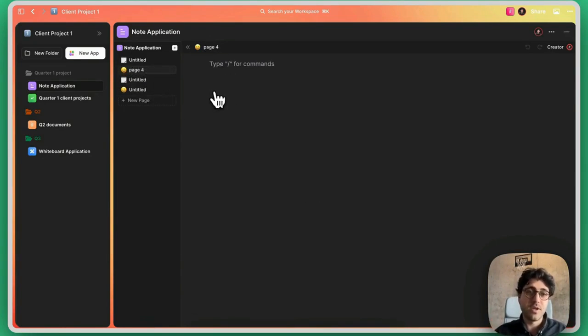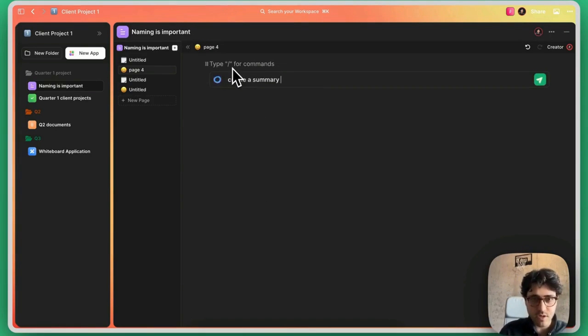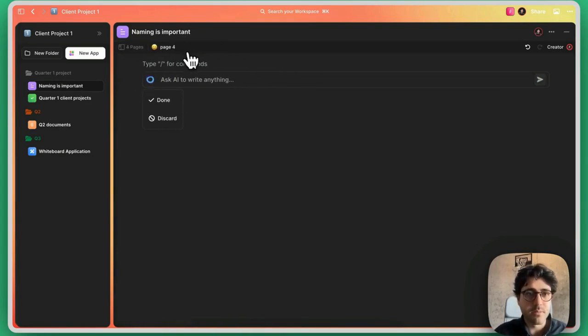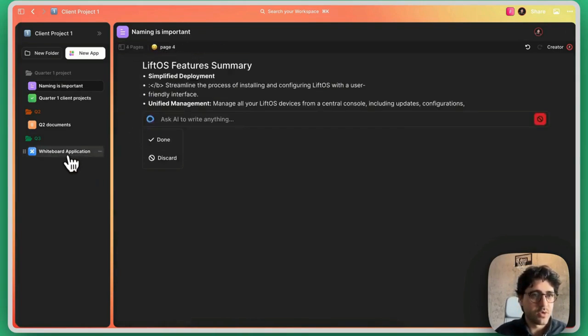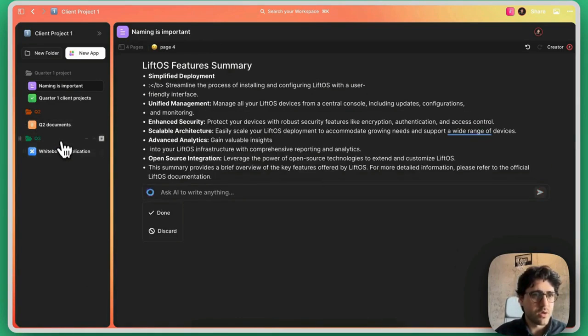You can title these pages, so page 3, page 4, for example, and you can always reorder them. So the Note app is a great place if you want to document information and create information centralized in one place. Always recommend naming your apps. I will show you why naming is important. And while I work on the Note, I will quickly let AI create a summary of liftOS features in one side. I will quickly minimize the pages here,